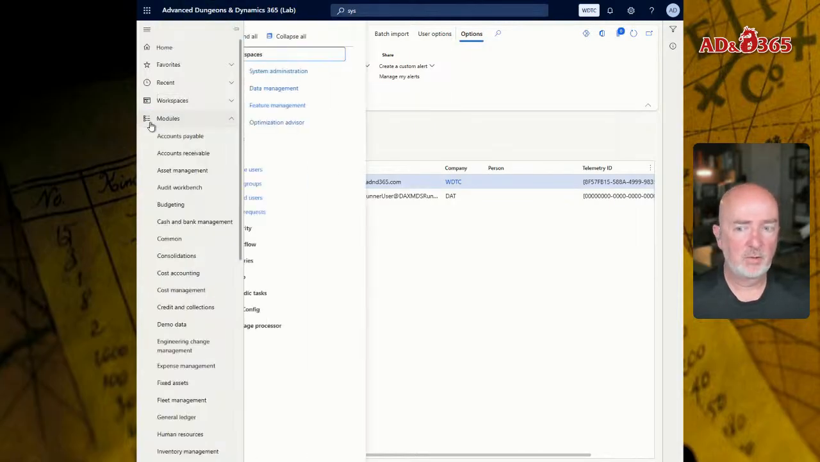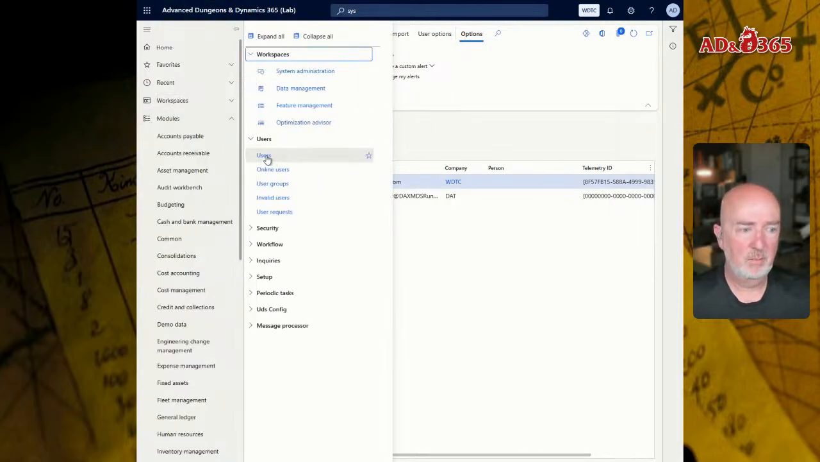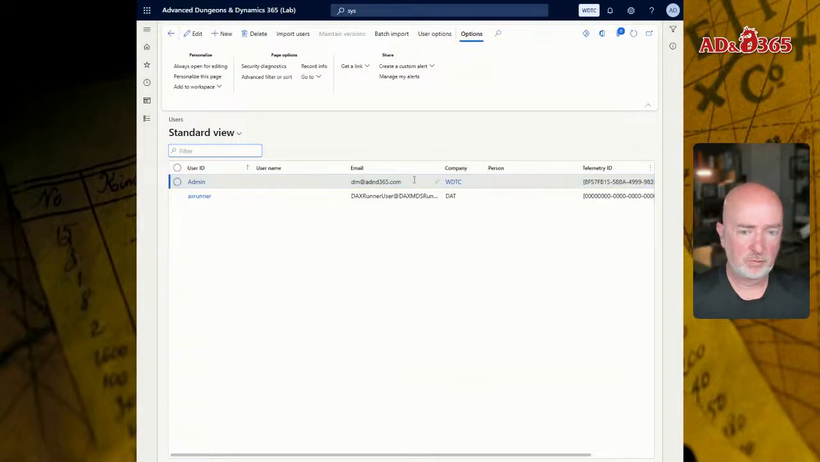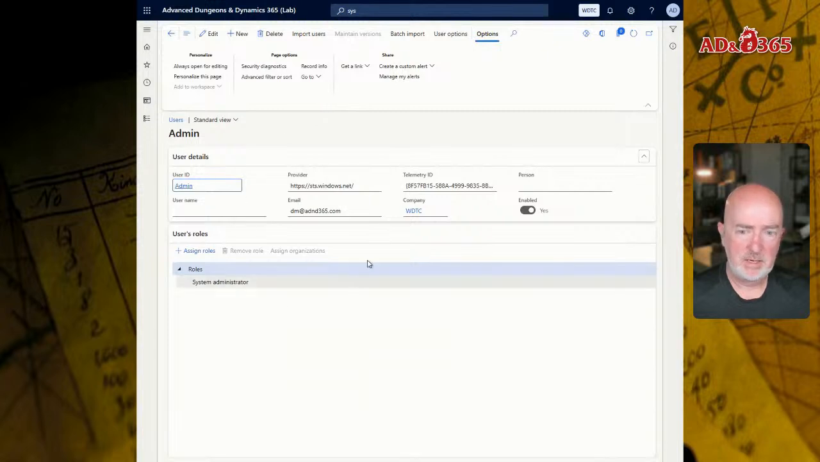Now, as a side note, something that's not in the documentation, but it sort of makes sense, you can also just open up the users form directly and go straight into this form. So this is going to take us into the admin user. And if I click on the admin user, then it's going to pop up with the admin profile. This admin is a system administrator, so they've got full access to the system. And then I can